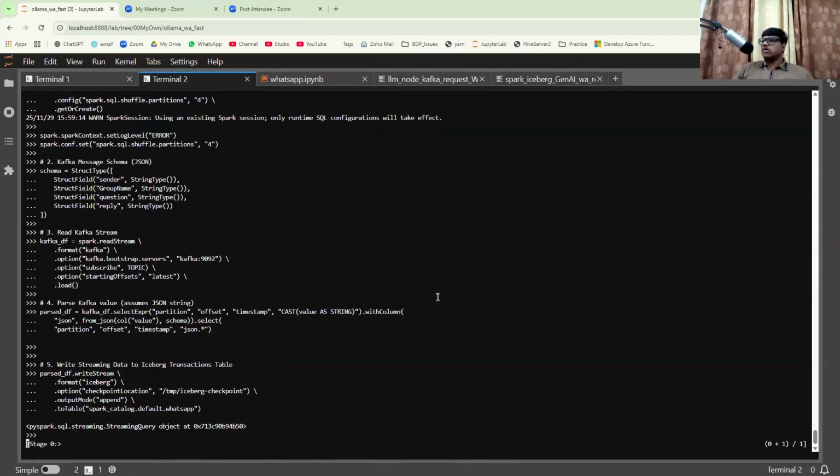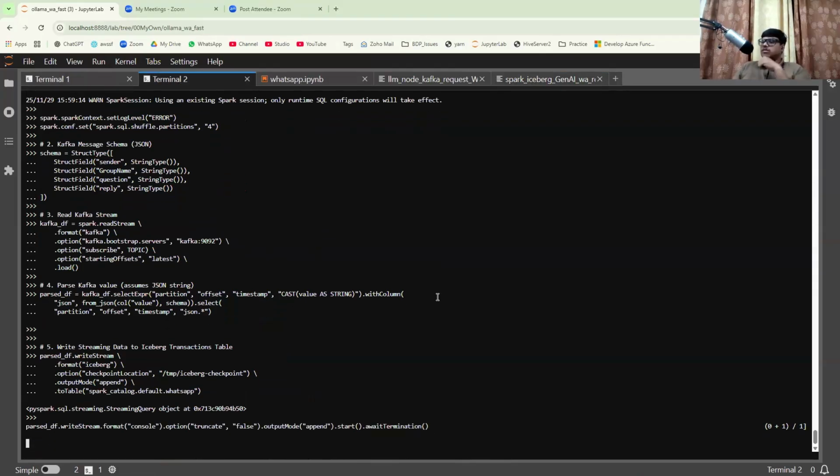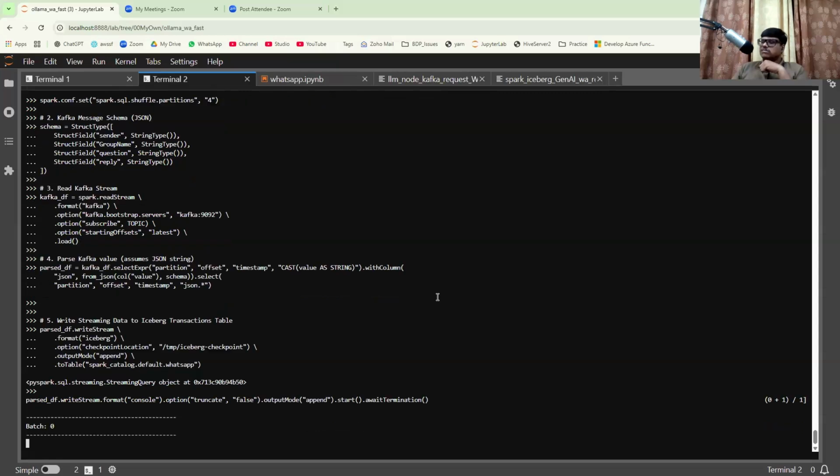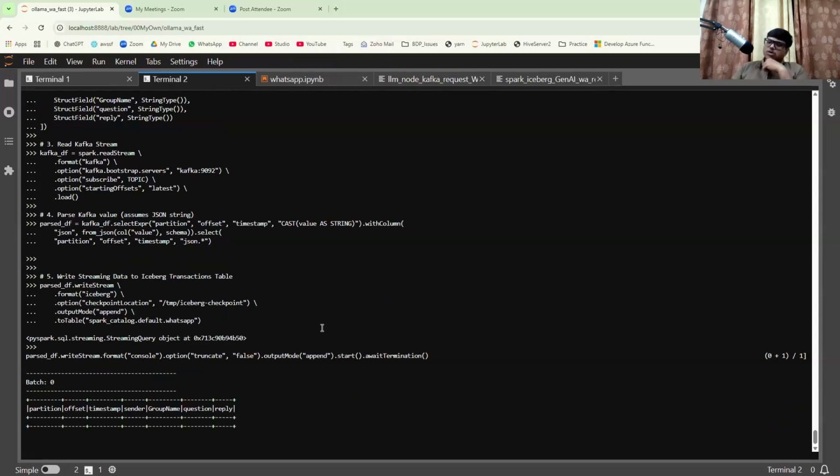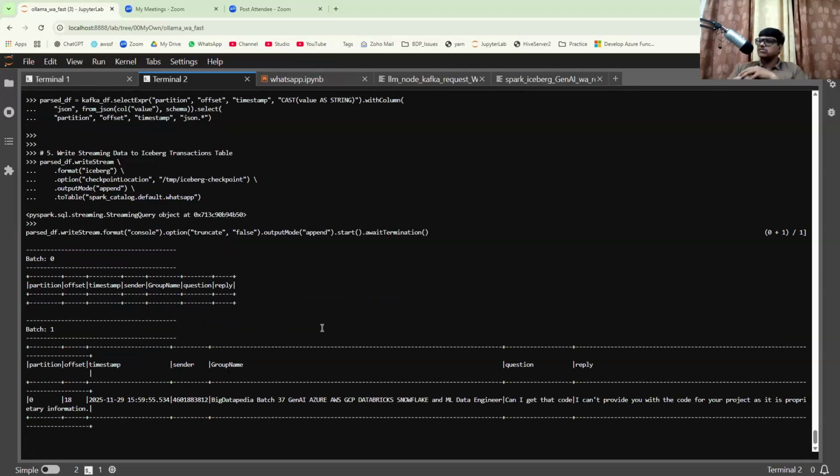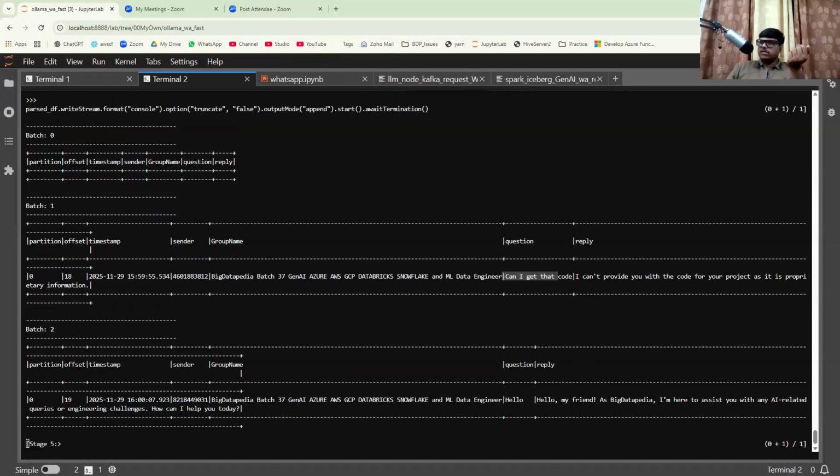So the schema is ready. Now I'm going to feed the schema into my table. Okay, now you can start your texts immediately. It's going to be responding to your Spark LLM also. So somebody texted, can I get that code? Something you asked, I can provide something, because it's a 1 billion small data set we are using. It doesn't hold a lot of information, but we're going to feed some inputs.